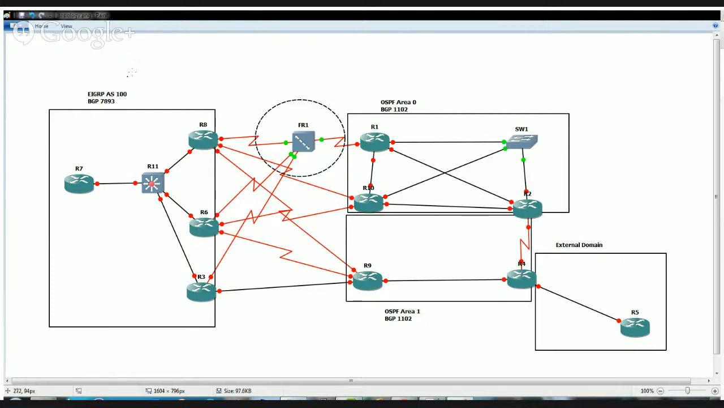But basically what you have over here, you have EIGRP AS100 and BGP 7893. That's going to be what you're going to do here. We're going to have OSPF area 0 here. We're going to have area 1 over here, and then we're going to have an external domain sitting over here. We will have frame relay in the middle. That'll be our